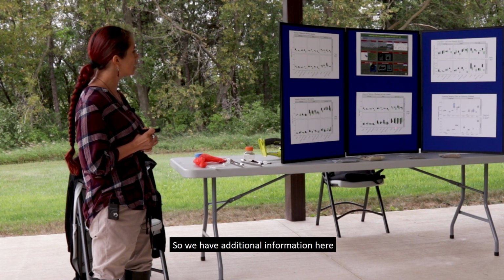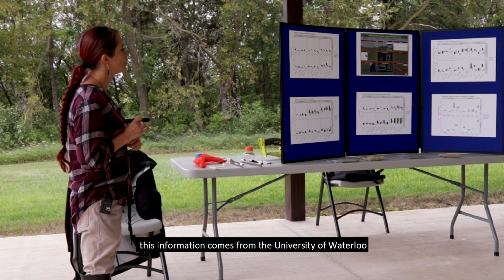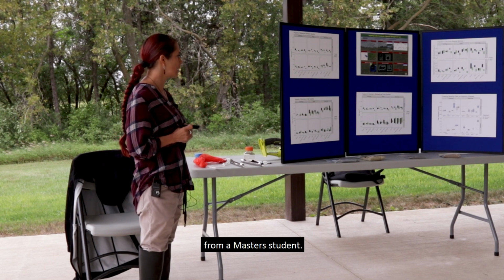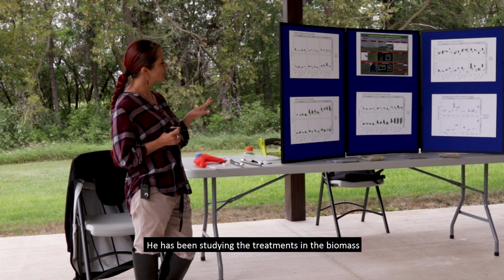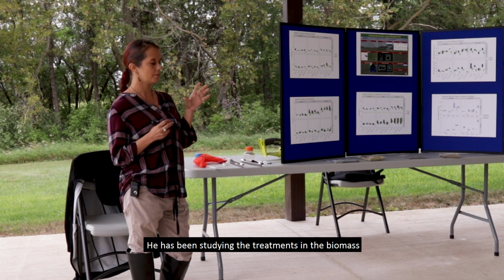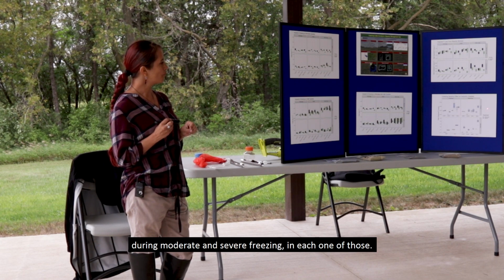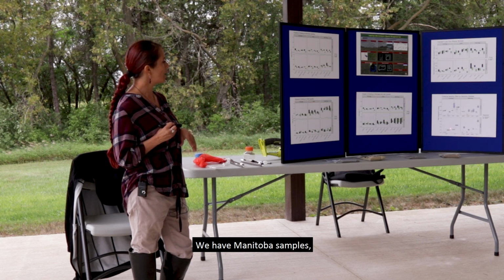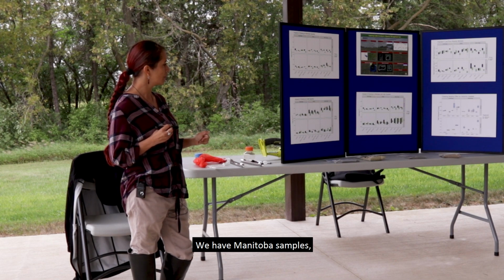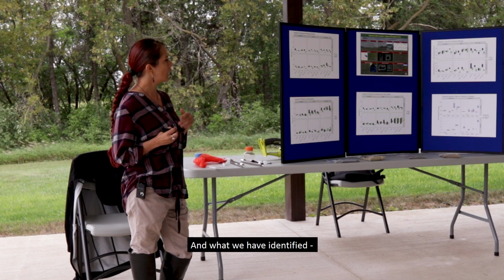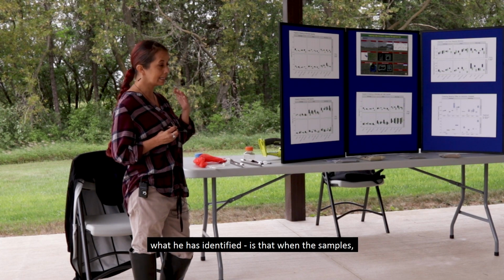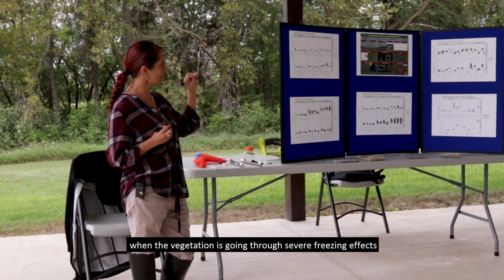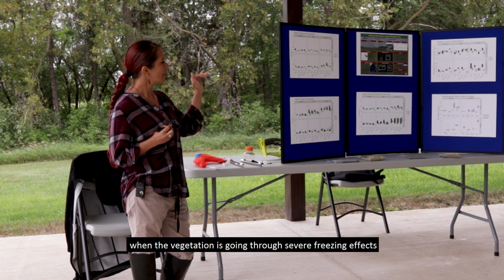So we have additional information here. This information comes from the University of Waterloo, from the master's student Ike Neil, who has been studying the treatments in the biomass, doing moderate and severe freezing in each one of those. We have Manitoba samples and Ontario samples. And what he has identified is that when the vegetation goes through a severe freezing effect,